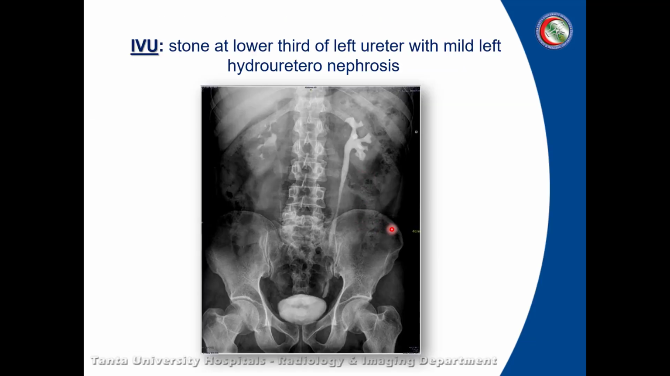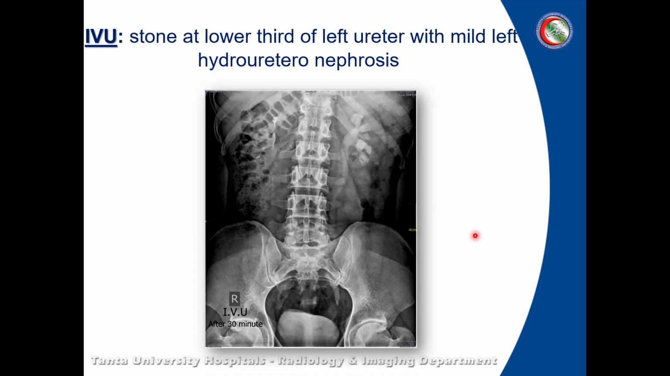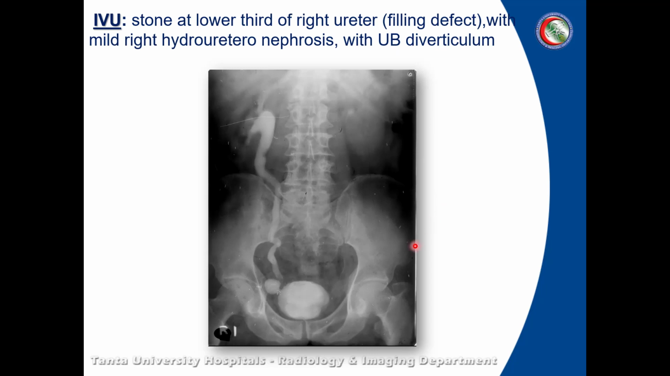IVU showing stone at the lower third of the left ureter with mild left hydroureteronephrosis, IVU showing stone in the lower third of the left ureter with mild left hydroureteronephrosis, IVU showing stone in the lower third of right ureter as filling defect with mild right hydroureteronephrosis and urinary bladder diverticulum,